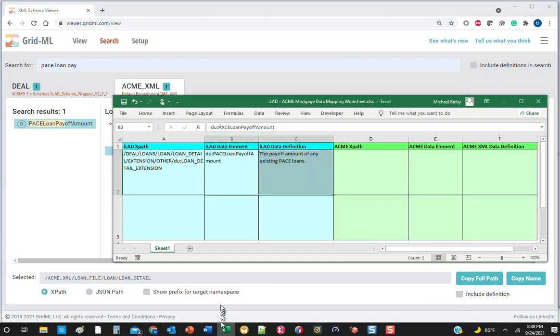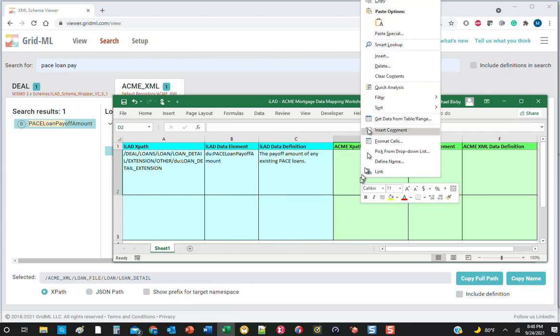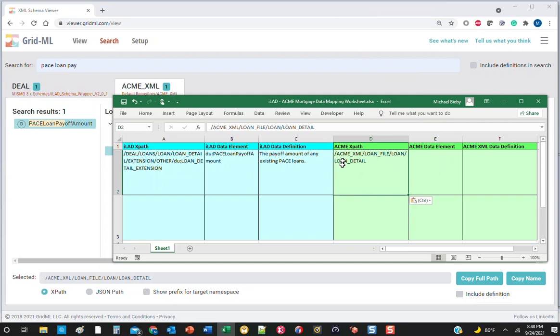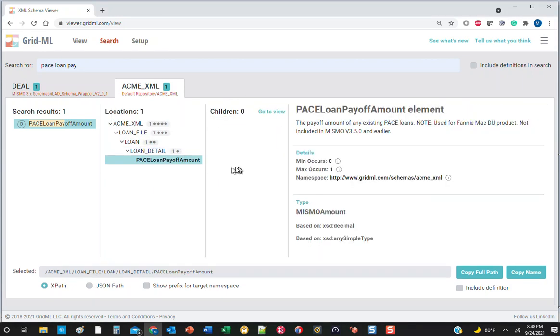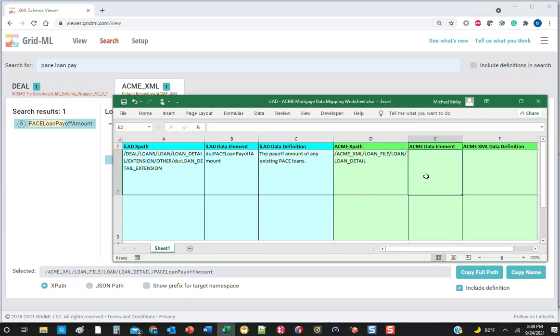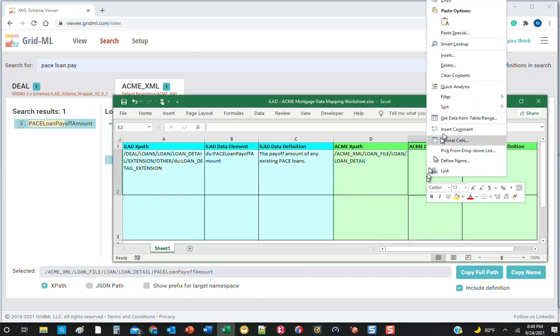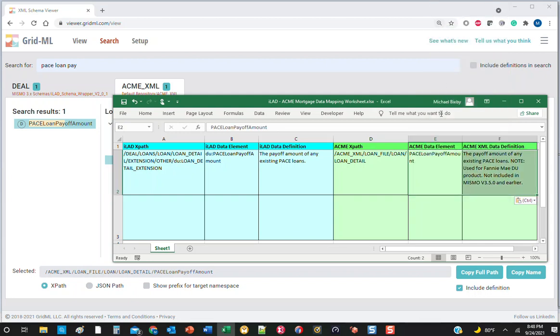So I'm going to go back to the worksheet. I'm going to right click, select paste. It pasted the XPath for the container that it's in. Let's go back and get the data element name and its definition. So I want to include the definition, but only the name, not the full path. I go back to my worksheet, click on the data element cell, right click, paste, and it pasted the name